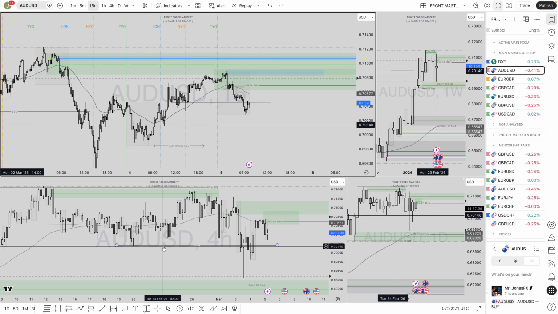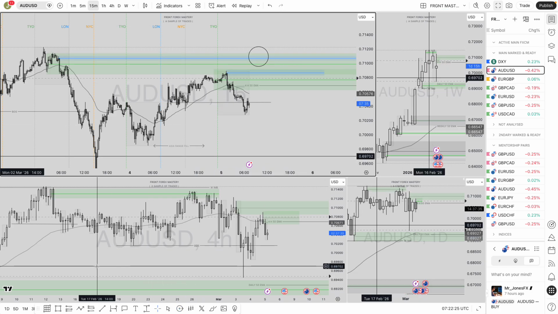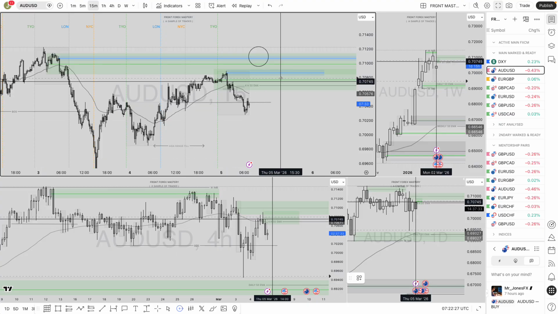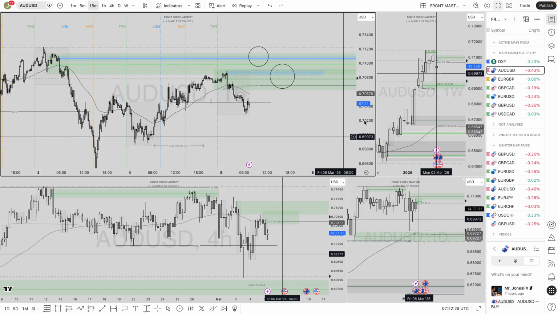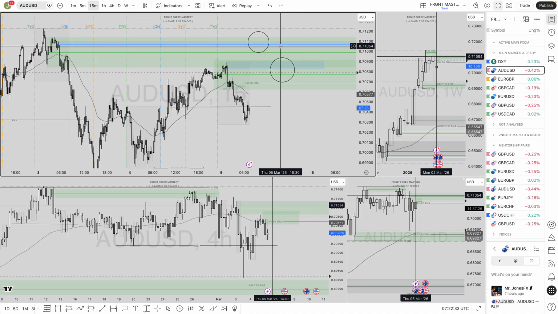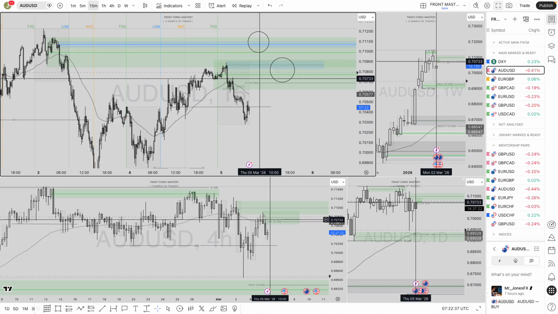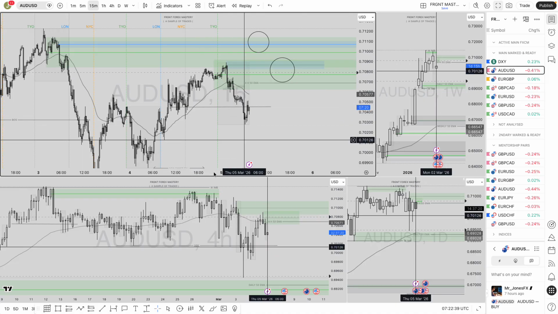because just like on the EU and the GU trade that I've taken, when you have two forms of imbalance left behind that's refined, of course the better area is indeed to short from the highs. Nevertheless, in terms of this current order block that we're talking about, we are very much shorting from the highs.